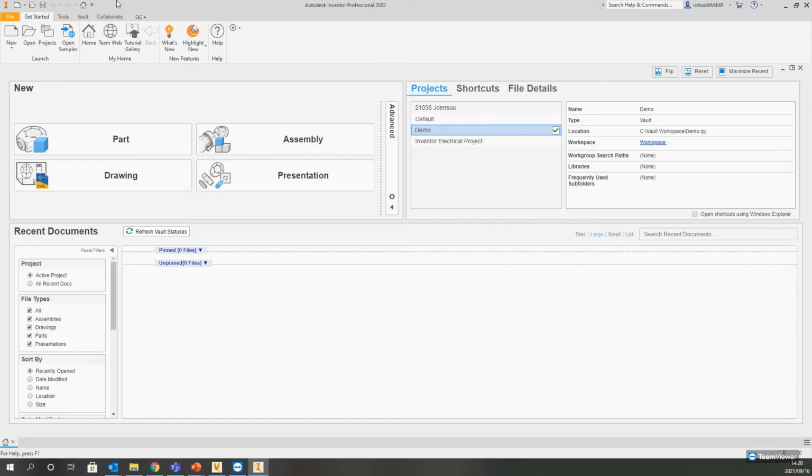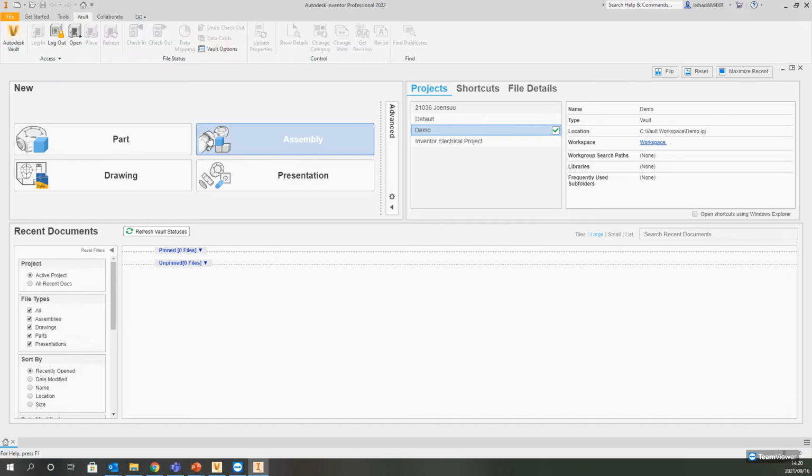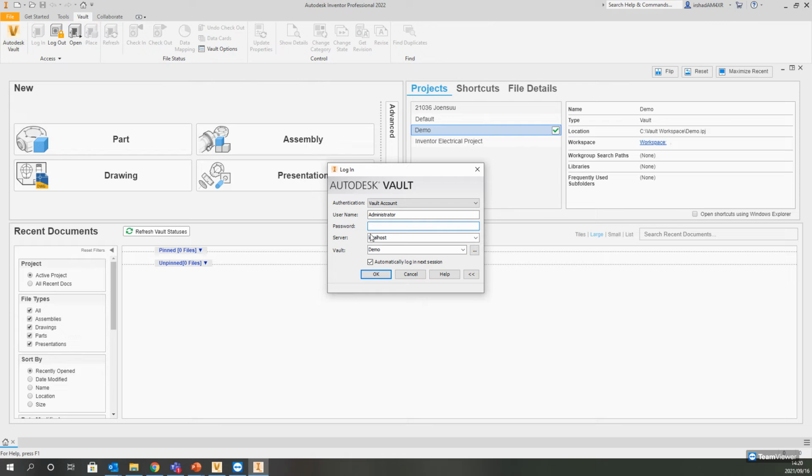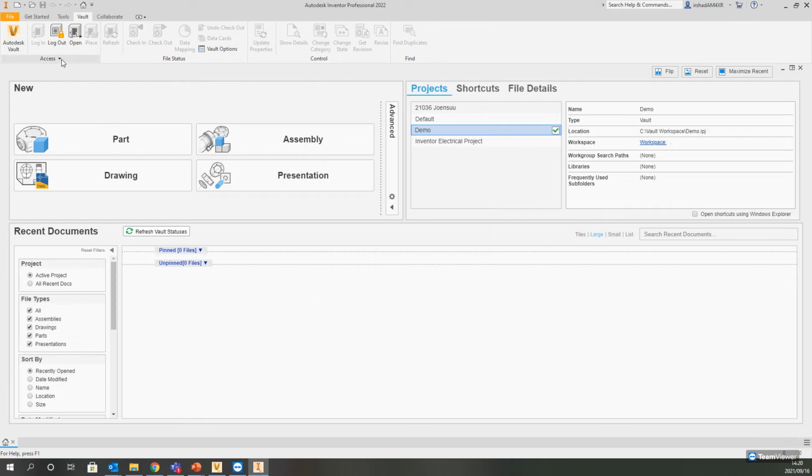So what's the next step? Well, the next step is to go to my Vault tab and log in if I am not logged in. So I'm just going to show you how that works. If I'm not logged in, I will just log in. Currently, I'm the administrator. I will log into my demo Vault. And once I've logged in, I'll have this option here to map folders. And we did say that the purpose of this was to,